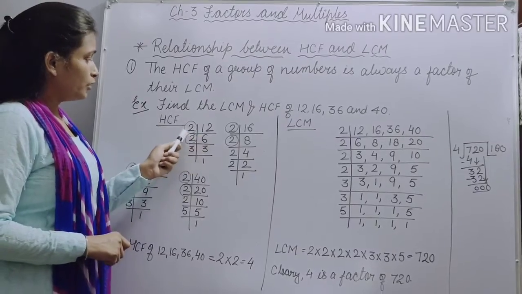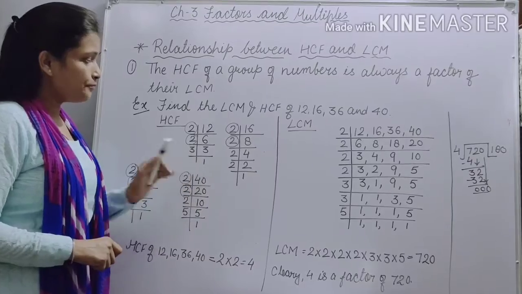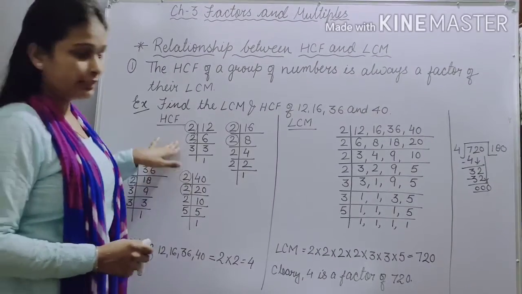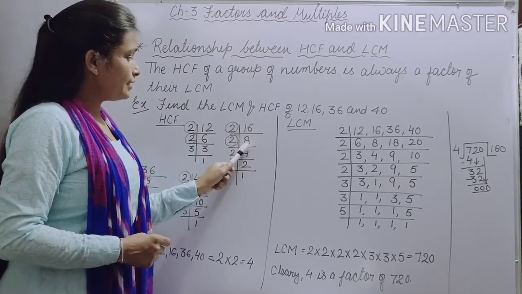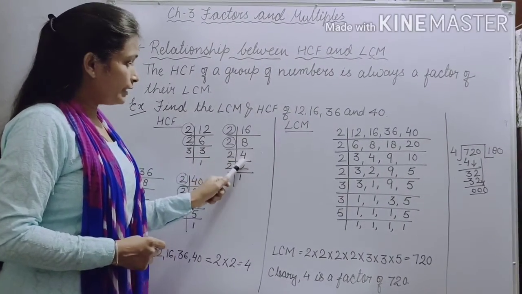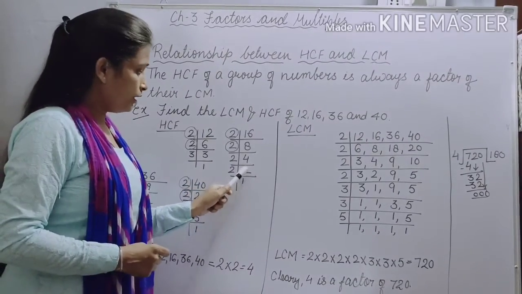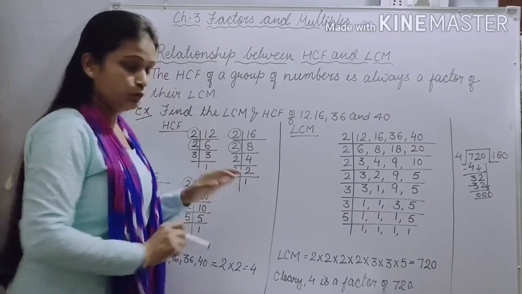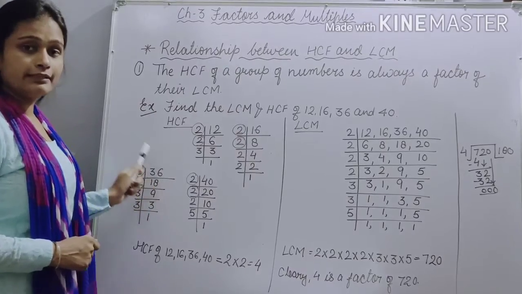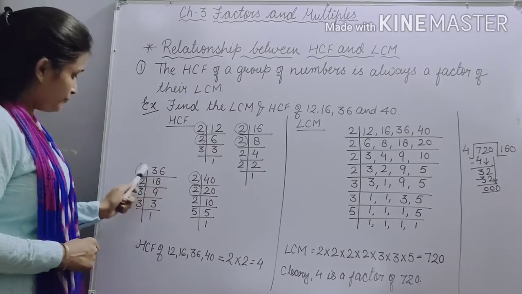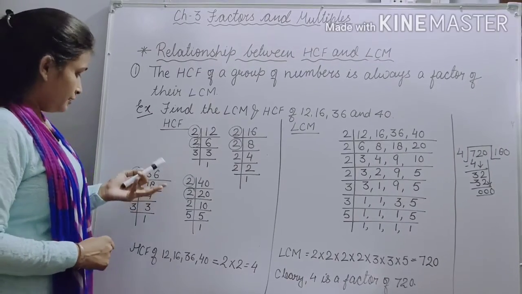Here for 12, 2 6s are 12. Now 2 3s are 6 and 3 1s are 3. ये simply इसके factors. Now here 16, so by 2, 2 8s are 16. Again take 2, 2 4s are 8. Again take 2, 2 2s are 4, and then next 2 2s are 4, 2 1s are 2. Clear? Now 36. When we divide 36 by 2, we will get 18 here. So here 18. Now again take 2 because its unit place is 8.